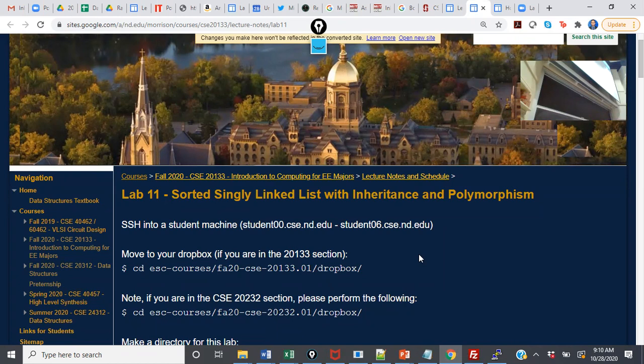All right, so what I'm going to do today to start out is go over what today's Lab Wednesday assignment is. And as I walk through it, I'm also going to review the insertion process for a singly linked list, because what you're going to do is use inheritance and polymorphism to build a sorted singly linked list. So I have the description here